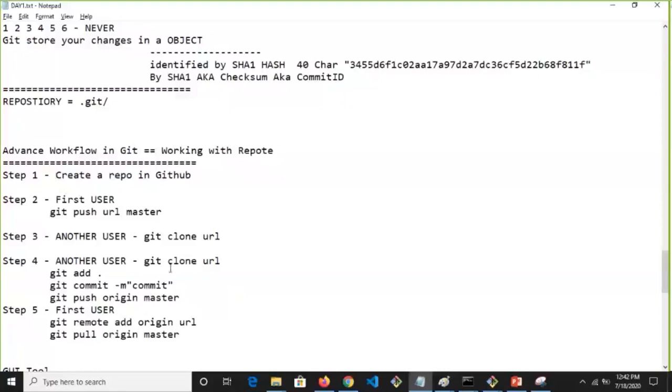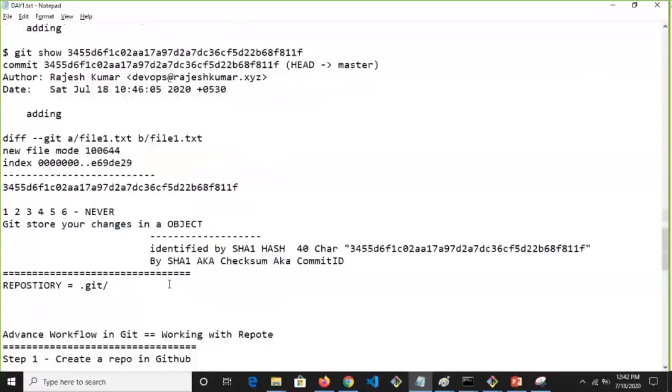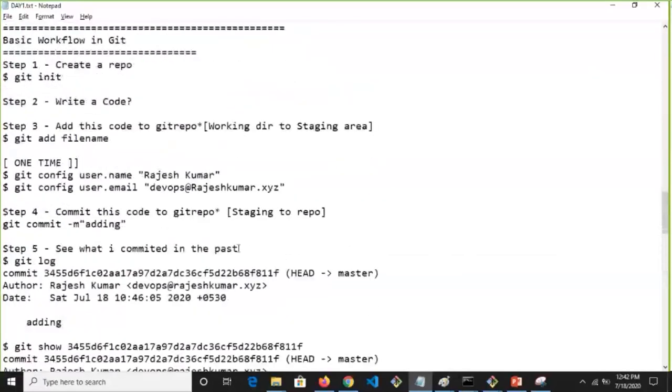So this commit, can we treat it as one more staging? Because as part of add, we are putting the files, and again commit is something like committing the changes, but they are not moving to the central repository. No. So commit will not have this. Commit, I said very clearly. We spent a good amount of time. Commit will do staging to the repo. Add will do the working directory staging. Very clearly. Please do not get confused.